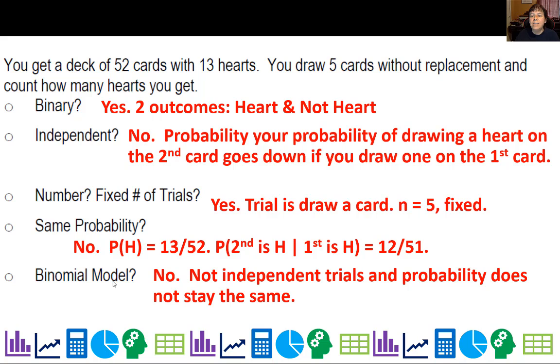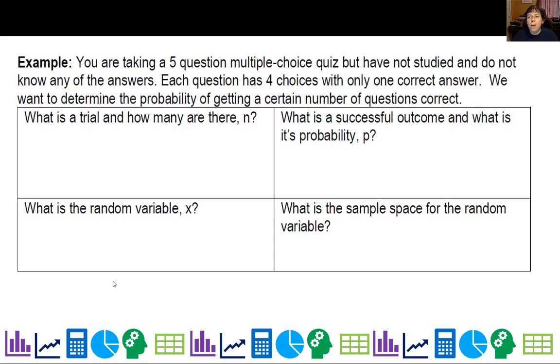So here I can say, hey, look, probability of a heart on the first card is 13 out of 52, right? But what's the probability the second card is a heart, given the first one is a heart? Well, I only have 12 hearts left out of 51. So here we're dealing with more than 10% of our population. We're affecting it, and the probabilities do change. All right. So let's go ahead and practice with a case that is definitely, well, let's make sure it's a